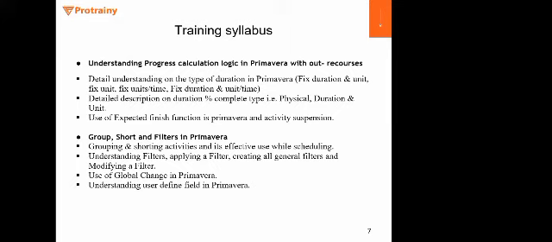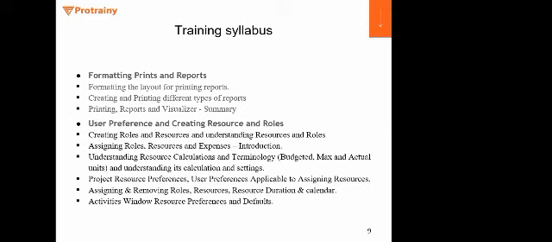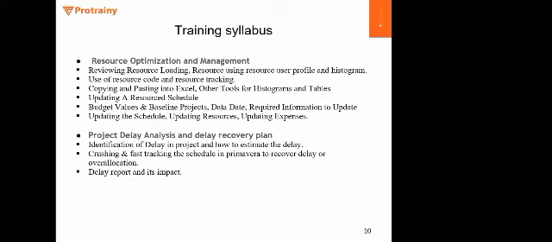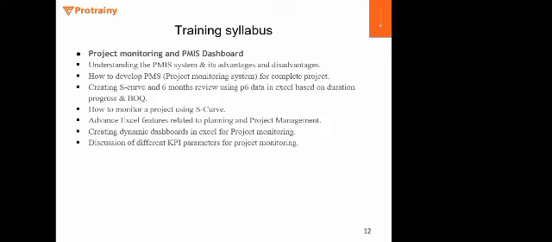कि सॉफ्टवेयर सीखने से ज्यादा इंपॉर्टेंट है, I must should know that how software is working in the background, ठीक है? बैकएंड में सॉफ्टवेयर कैसे काम करता है, तो that thing also will be discussing कि क्या सॉफ्टवेयर के अंदर फॉर्मूले यूज होते हैं, कब आपको क्या चीज लॉजिक यूज करनी चाहिए, ग्रुप एंड सॉर्टिंग एंड फिल्टरिंग, प्रोजेक्ट प्रोग्रेस मॉनिटरिंग एंड अपडेटिंग, right? फॉर्मेटिंग प्रिंट्स एंड रिपोर्ट्स, यूजर प्रेफरेंसेस एंड क्रिएटिंग रिसोर्सेज एंड रोल्स, रिसोर्स ऑप्टिमाइजेशन कैसे करना है, प्रोजेक्ट डिले एनालिसिस कैसे करना है, रिकवरी प्लान के बारे में, कॉस्ट मैनेजमेंट, अर्न वैल्यू मैनेजमेंट, प्रोजेक्ट मॉनिटरिंग एंड पीएमएस सिस्टम, जिसमें एक्सेल के अंदर बहुत सारी चीजें हम करेंगे, जैसे कि अभी देखा आपने, कुछ इस तरीके से डैशबोर्ड दिखाई देगा।